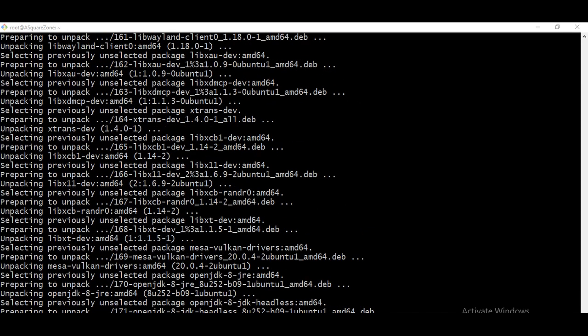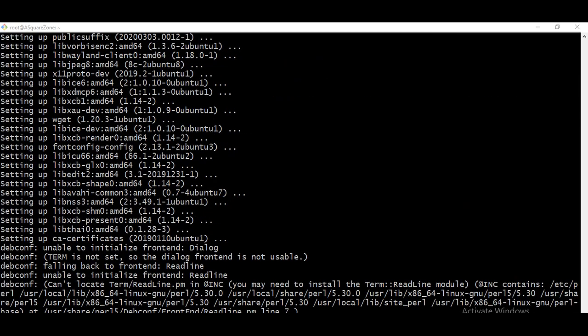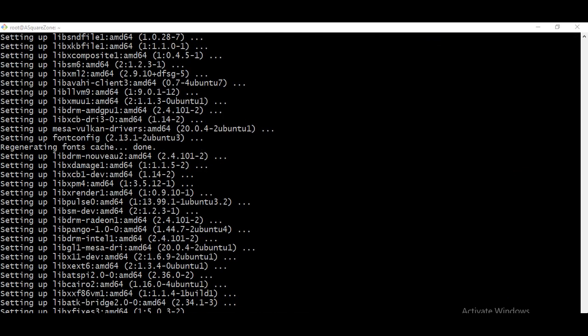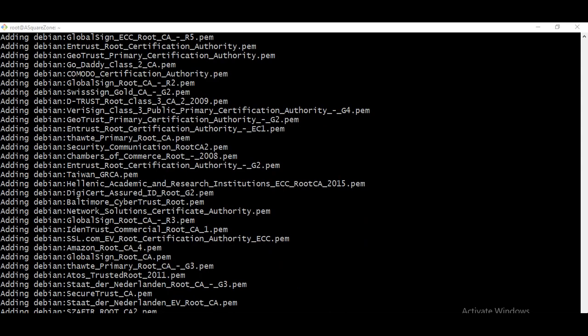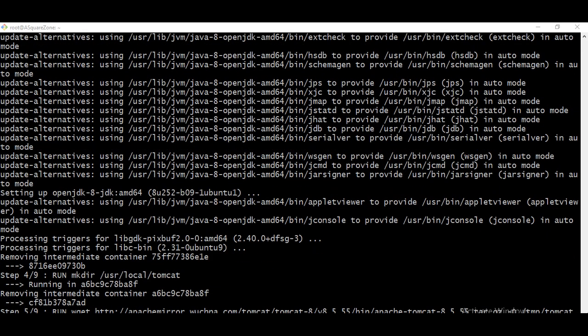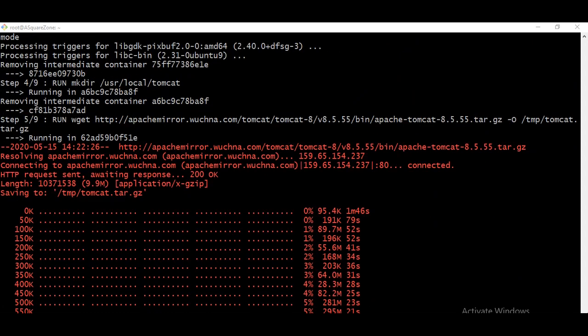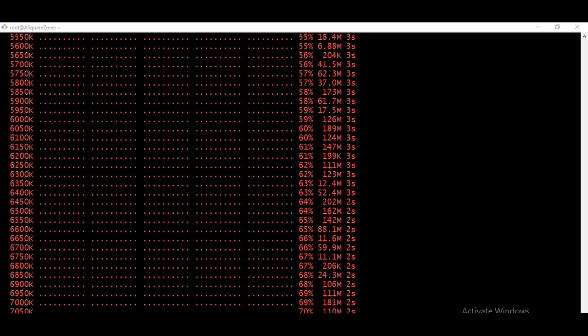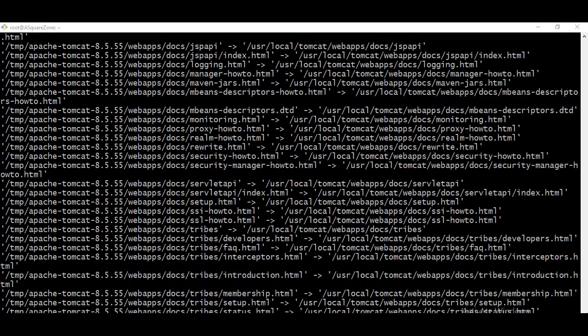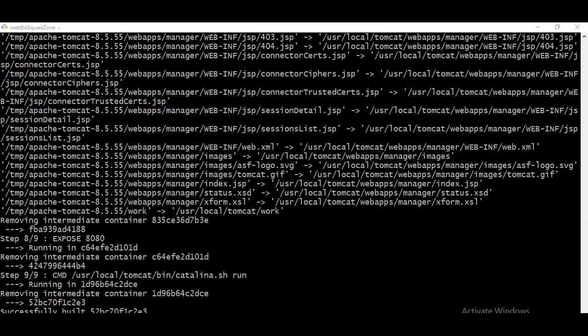The build of an image processes one by one, stepwise. Here we can see everything: setting up the libraries, how the packages are being added to the Ubuntu server. As JDK is installed, later it is going to get the tar file of Apache Tomcat. We can see the process of this, and it is extracting as well, and it is going to copy the file.